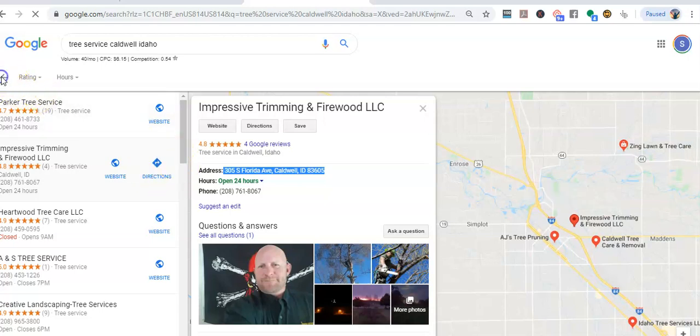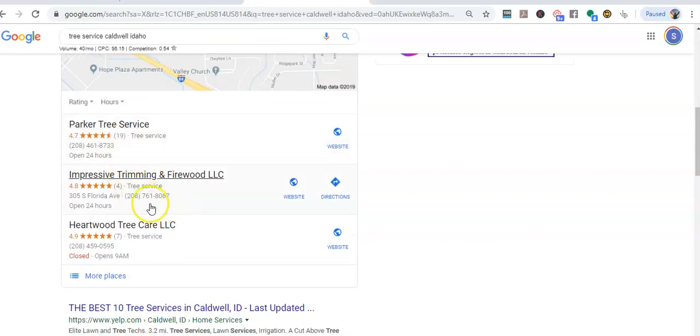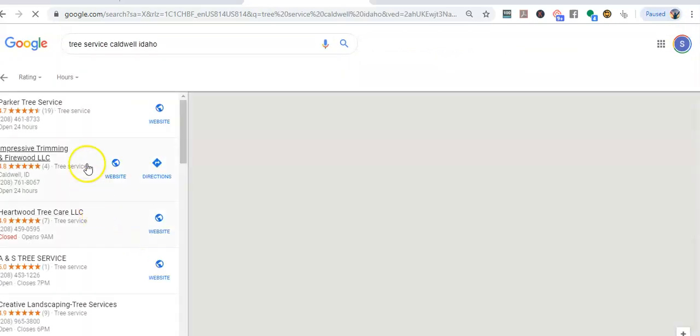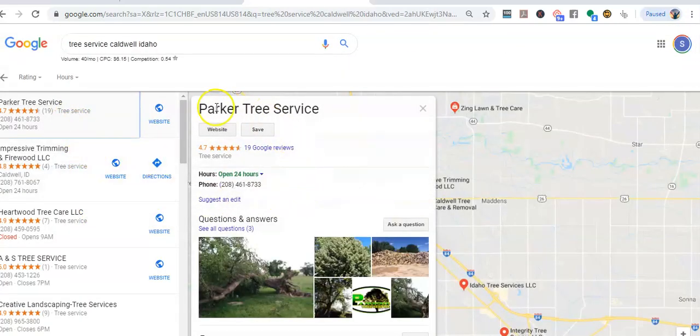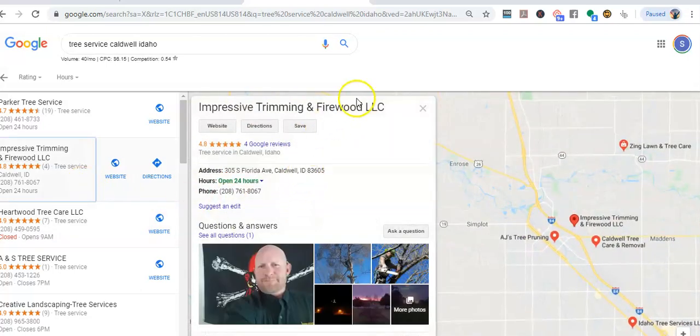So let's go back to our page over here, tree service Caldwell, Idaho. Do you see this? This guy here has his address displayed, and that's why he also has a directions link over here. People can click on it and get directions to his office. Whereas this GMB here and this GMB, they do not have the address. All they have is the name of the business and the phone number. Same here, name of the business and the phone number. But for this one, it says name of the business, phone number, of course, the hours and all that,